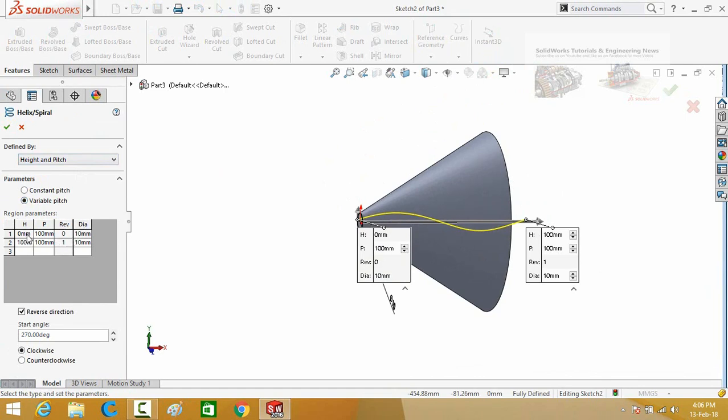So at the height of 0 millimeter, pitch is also 0. Revolutions are also 0 and the diameter is 10 millimeter. And at the height of 100 millimeter, pitch is 75 and the diameter is 100 millimeter.